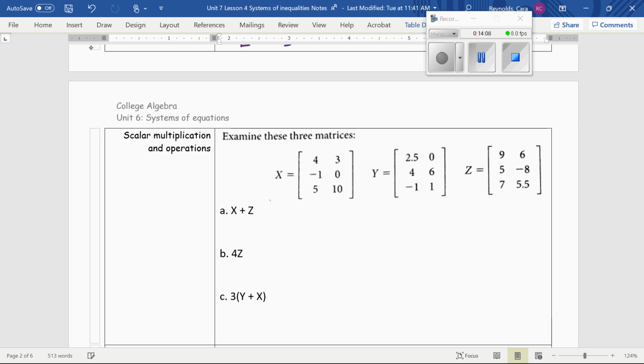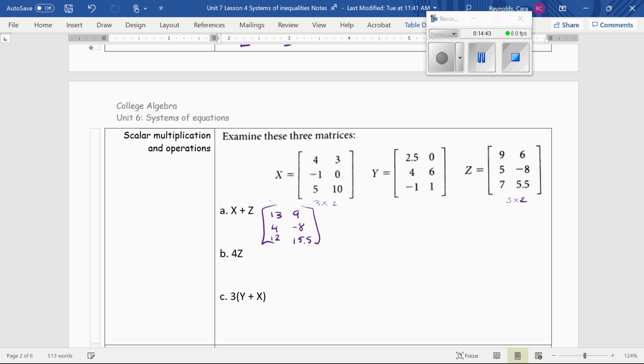They may not put the matrices right next to each other, but the same rules still apply. Here we're adding matrix X to matrix Z. And so again, as long as this is a 3 by 2, and so is this one, we can do that and get our 3 by 2 answer as well. And so adding 9 and 4, 6 and 3, 5 and -1, 0 and -8, 5 and 7, 10 and 5.5